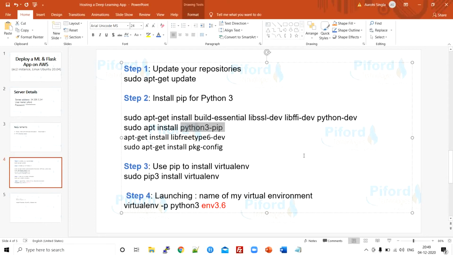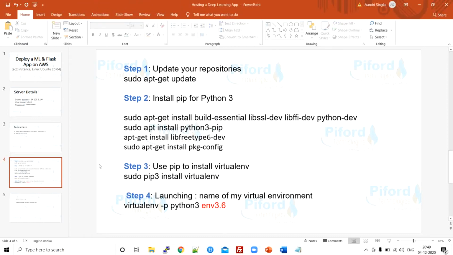pip install pandas or pip install numpy, right? So how can you use pip? If you have installed pip, then only you can use pip. All right, so I have installed pip, and these are the other dependencies, so I have installed those packages also. Now the thing is to create a virtual environment. As I've just told you, we are going to create a virtual environment and we will have all our code over there only. So this is the command.